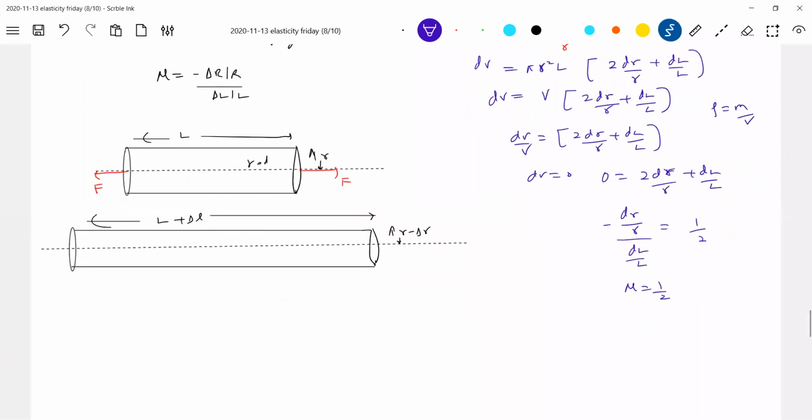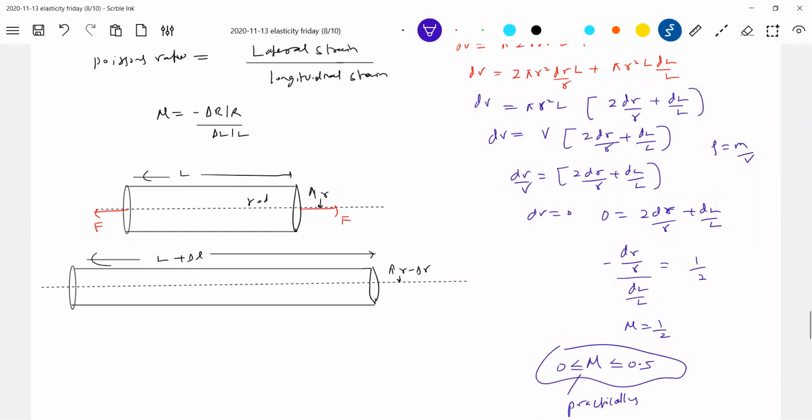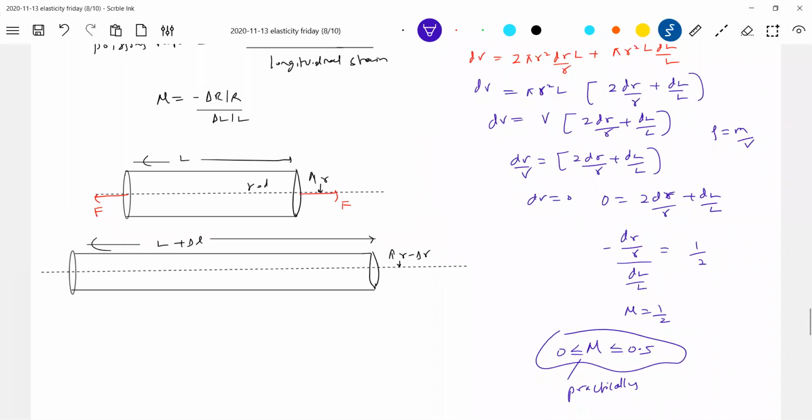So therefore, the Poisson's ratio, what is the range? We can put, practically, this is a value. So why will that upper limit 1 by 2 come? You can look at the mathematics here practically. So we never get any material whose Poisson's ratio will be greater than 0.5. It should lie between 0 and 0.5. Or it can be 0 also, for some materials. That is what we use for applications.